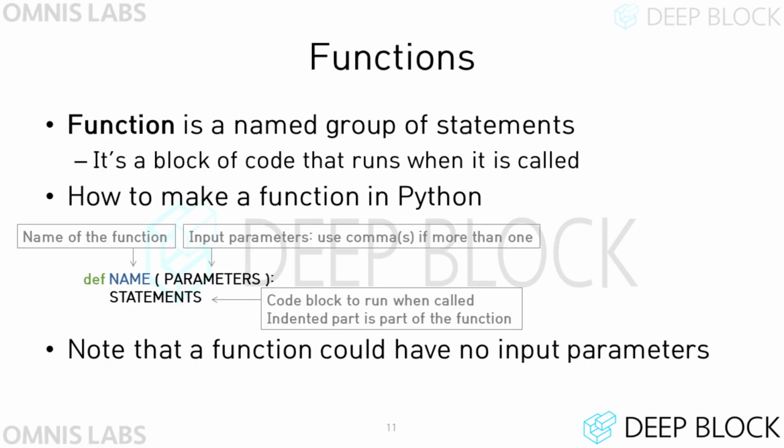A function is a named code block. When creating a function, first write def, put a space after def, then write the function name and parentheses. Then between the parentheses, write the parameter variables that can be put into the function. And after closing the parentheses, add a colon and press enter to change the line, indent the line, and write the code block you want to write. If you don't need a parameter, you can leave the parentheses blank. And if you have more than one parameter, you can create multiple parameters with commas.